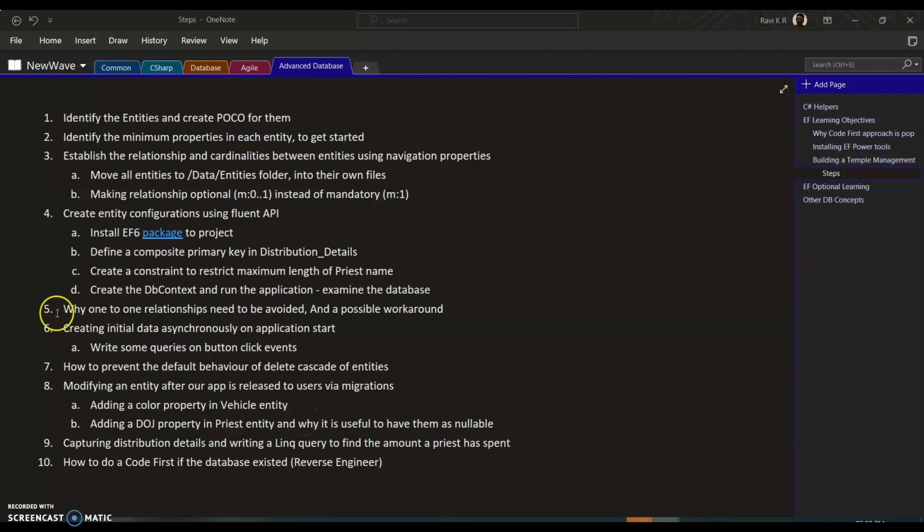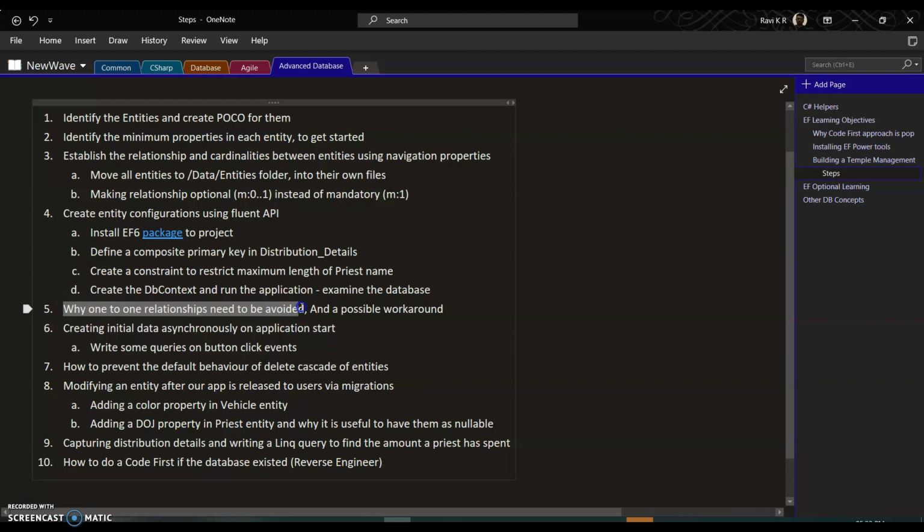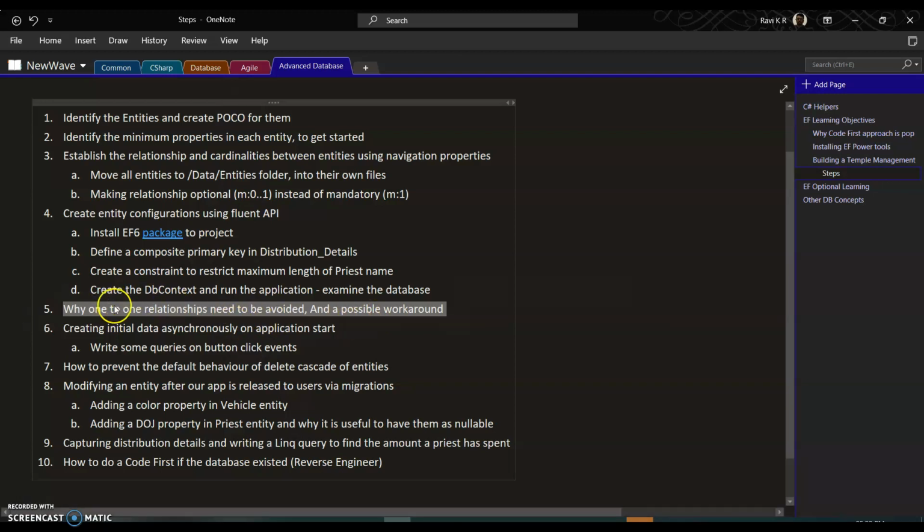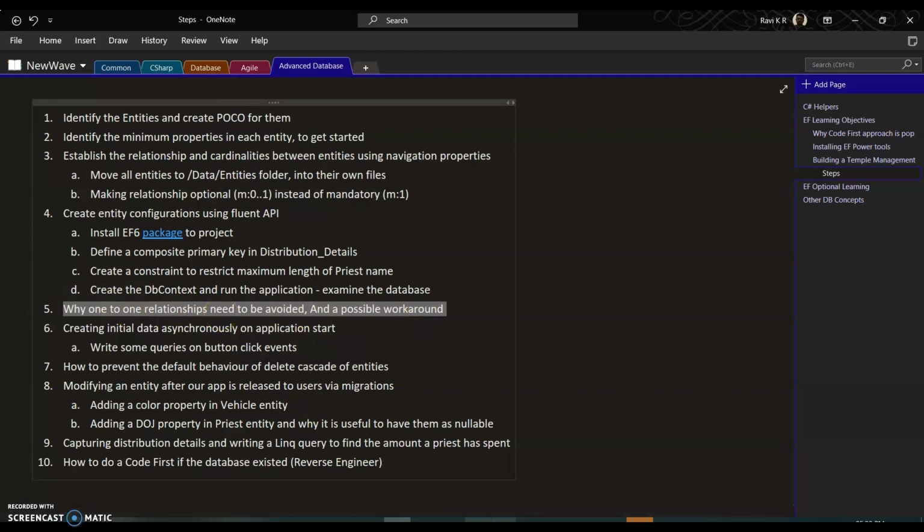So in this video, I'll explain why one-to-one relationships need to be avoided and a possible workaround for it. Remember we spoke about this initially, where I intentionally introduced the vehicle entity even though it was not there in the requirement, just to show this particular issue. Now, coming back to the example,